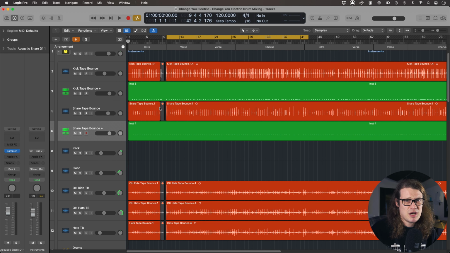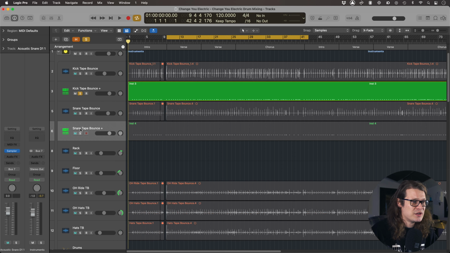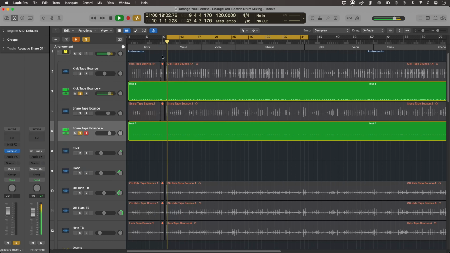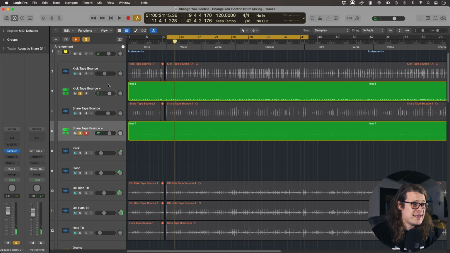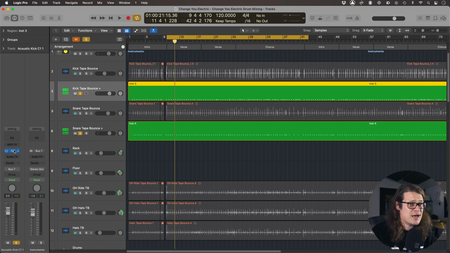But I haven't got the sounds that I want yet, because the sounds that come with Logic are fine. They're okay. You can kind of manipulate them a little bit, but they're a bit lackluster. Take a listen to the default ones that it loads up. Cool. So what I'm going to do here is go into the sampler, and I'm going to load up some